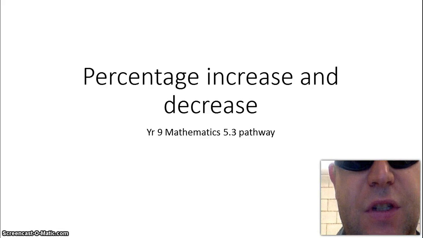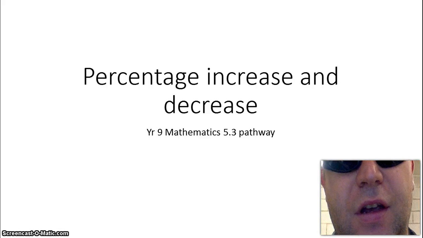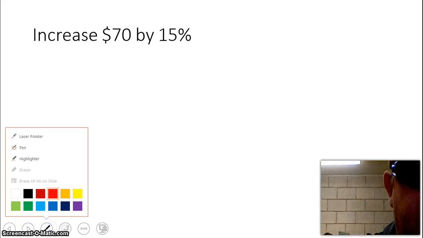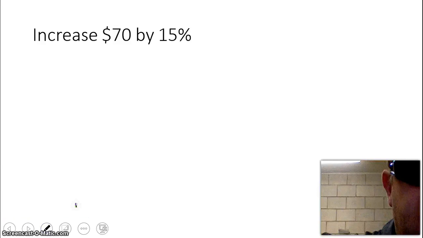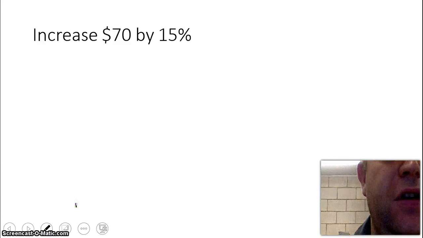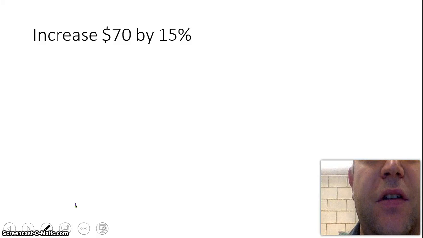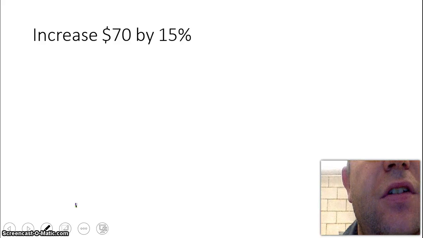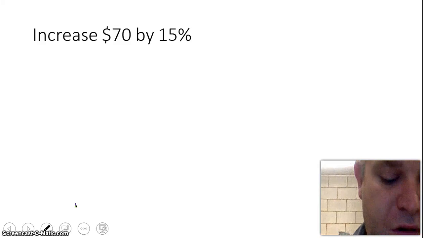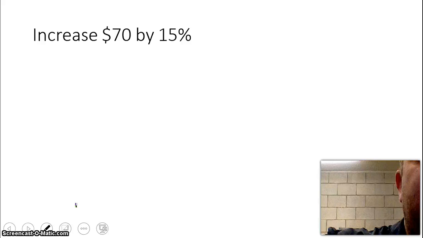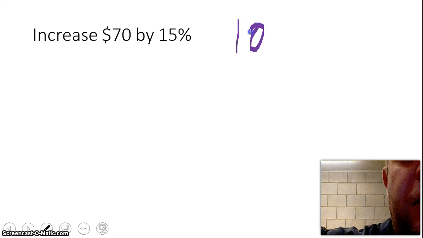So today we're looking at percentage increase and decrease, and hopefully this is going to work really well today. So we're increasing $70 by 15%. There's a couple of different ways of working this out. We could work out what 15% is, and then find 15% of $70, and then go straight to adding that amount. I like the much simpler version, which is 100%